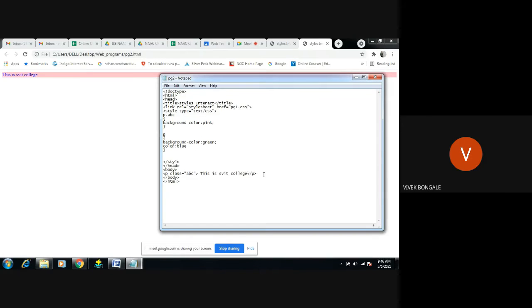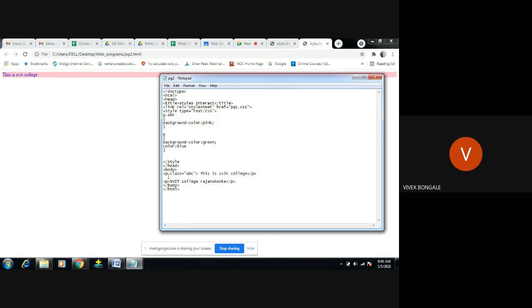Okay, more specific means what? I will use one more p tag, one more selector, and I will write something like SVIT College Arjun Kunte. If I apply this style color, wherever we find a p tag in the body, all will be affected, which means it's generic.